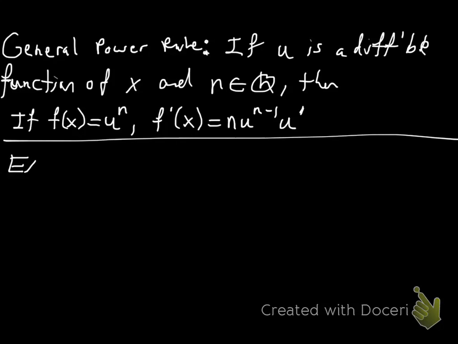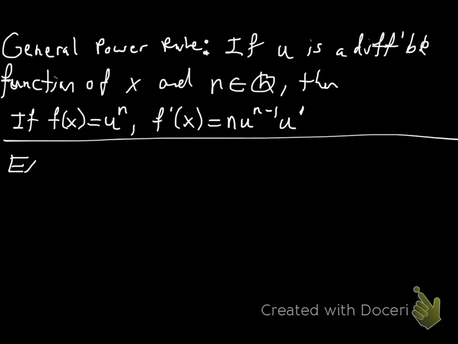All right, we're going to look at some of the chain rule problems we did in class, and we'll go ahead and start with a reminder of the general power rule. If u is a differentiable function of x, and n is a rational number, so that's all the positive and negative integers plus all the fractions, then if f of x is equal to u to the n, so remember u is some function of x, then if we take the derivative, we're going to have to use the chain